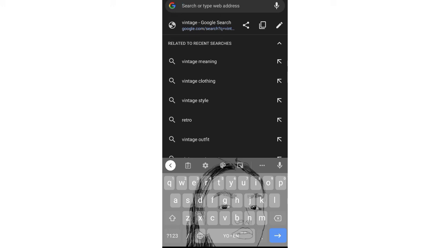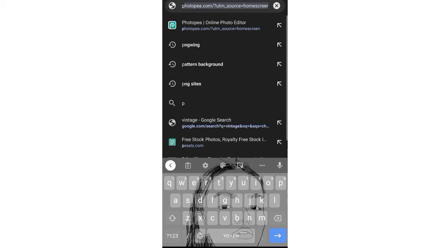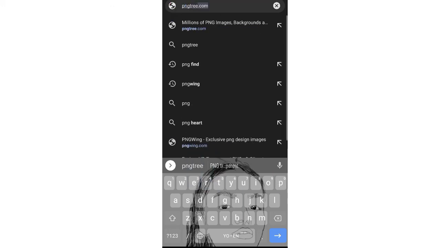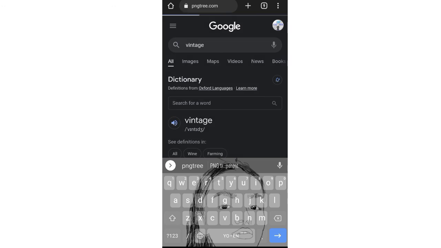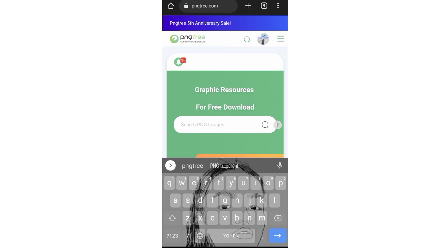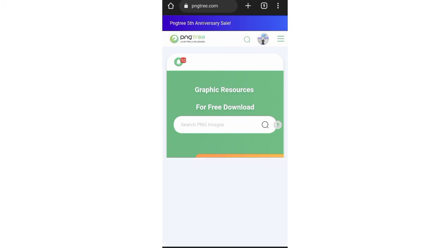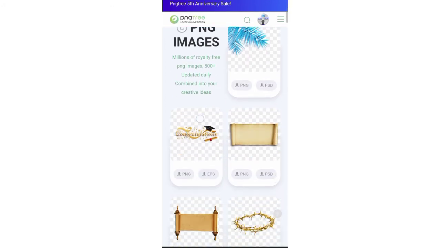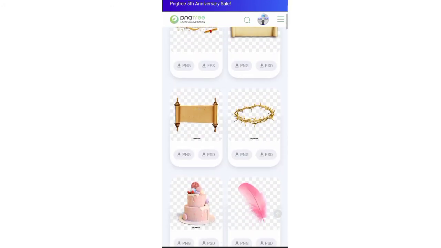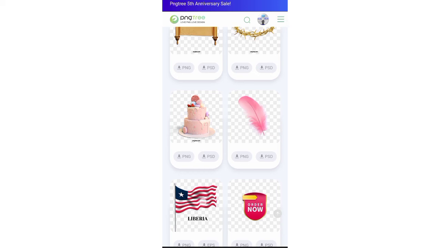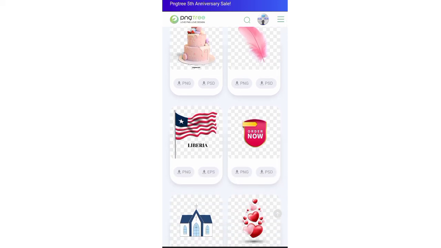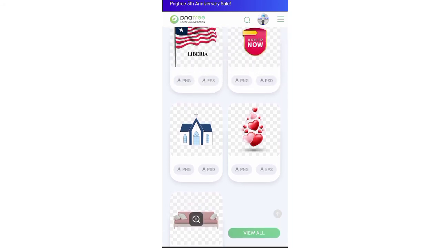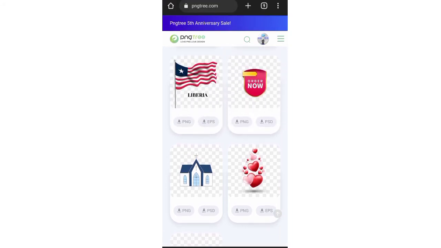The next site we'll be using is PNG tree. PNG tree is a paid PNG site, so you need to pay, but you can download once in a day. And after that day, you need to pay premium if you want to download another thing. But just for the sake of this video, I love this one. Let's download this